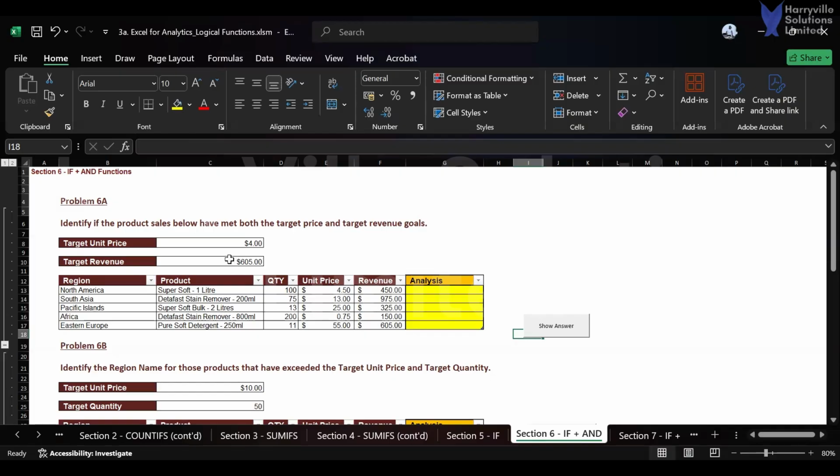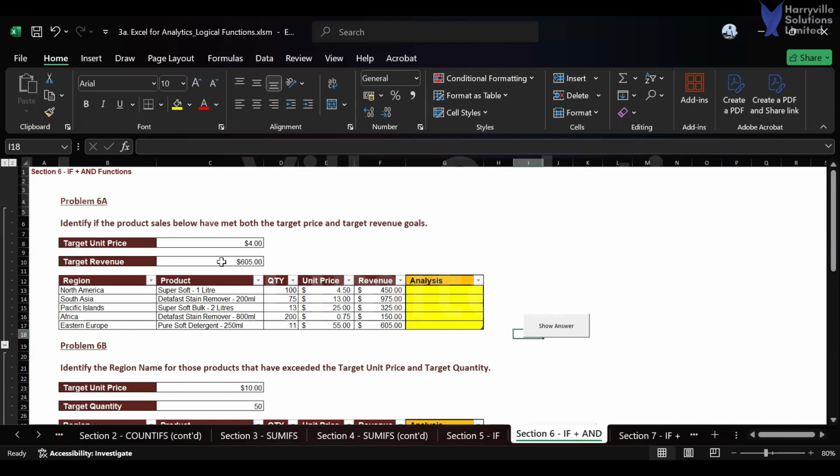It's not that if this one does not work, this one has to work. AND does not work like that. AND has to make sure these two are absolute, right? So if any one of these products is sold for at least $4 for the unit price, and then a total of 605 revenue has been made from it,